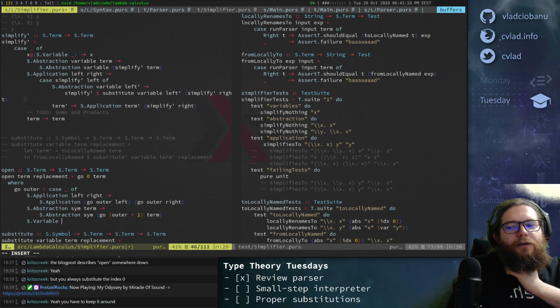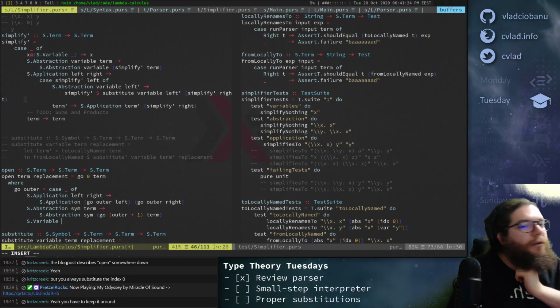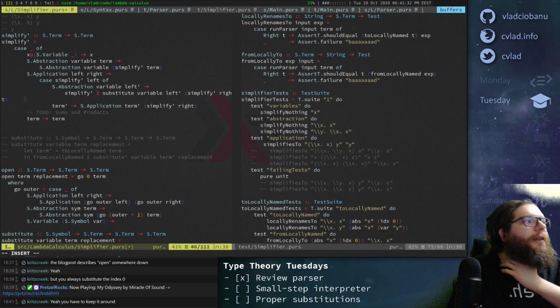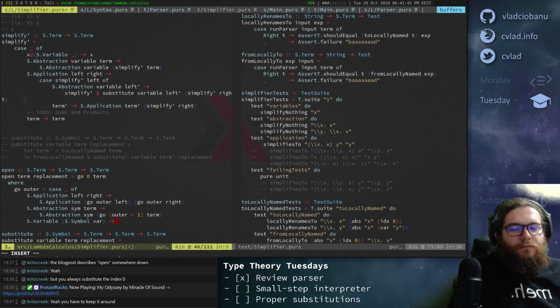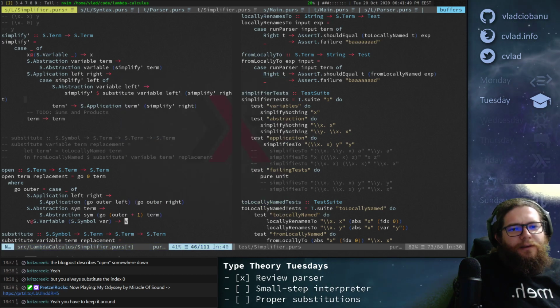if we have a variable, what happens in the case of the variable? So if we have a variable name, then we don't do anything, right? Oops. Does this work like this, or do I need to parenthesize?